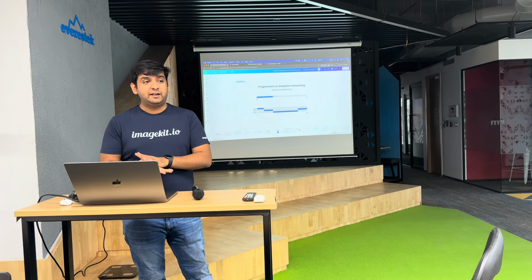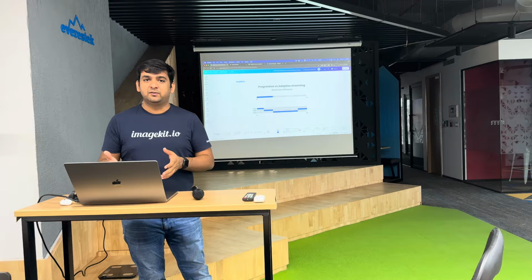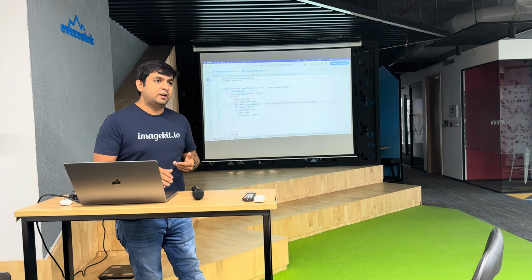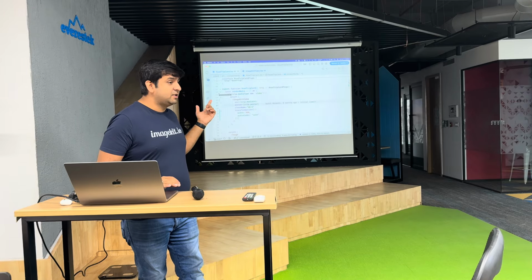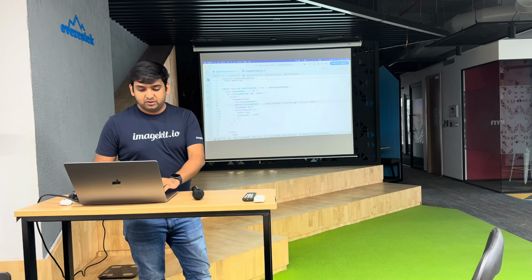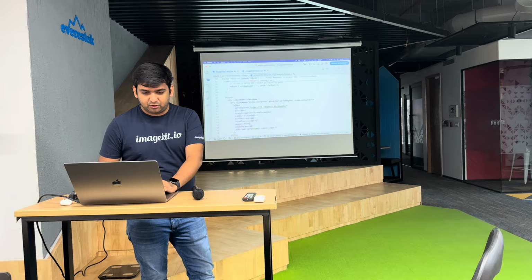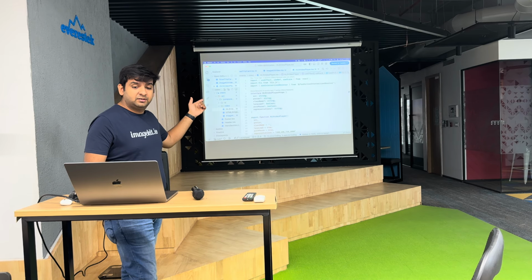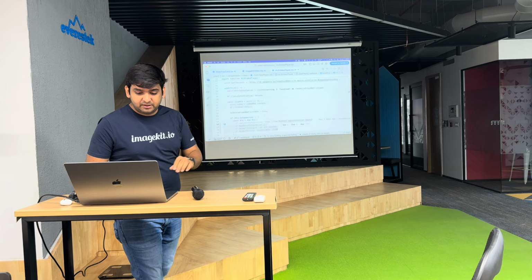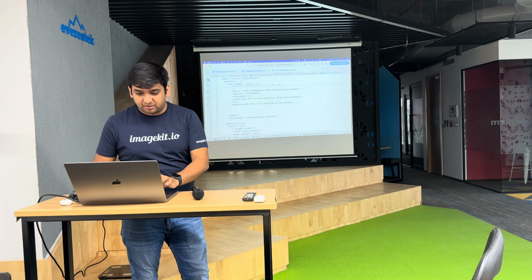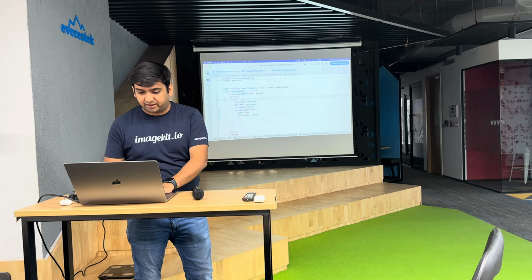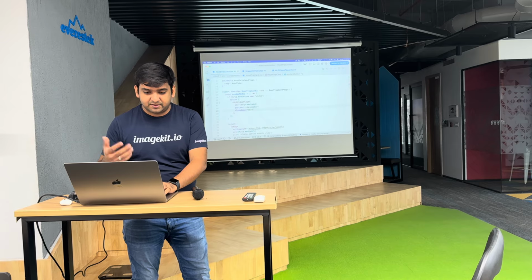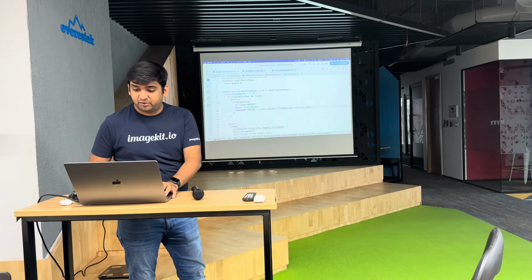I am not going into detail about what these two different formats are and what they do. I will actually go ahead and try to use HLS streaming for this example right now. So I have a component right here, again a React component that uses HLS.js, and we have a complete component ready. I'm just going to replace it right now. And since this does not use any transformation, I'm going to remove that.